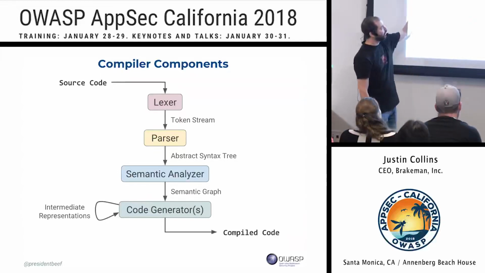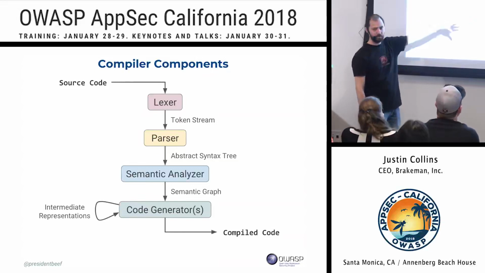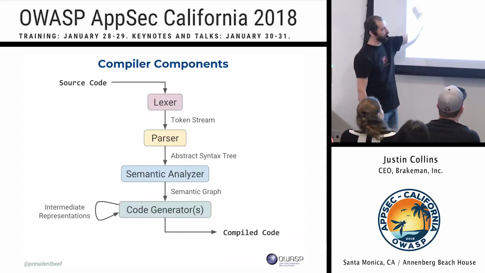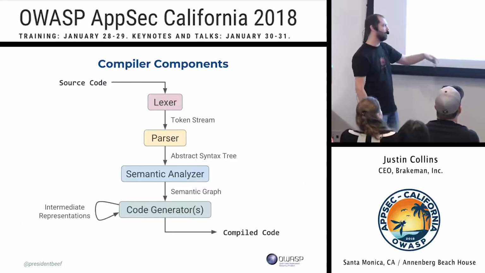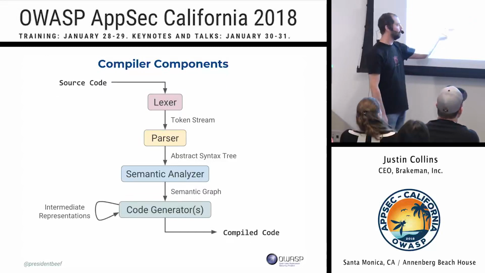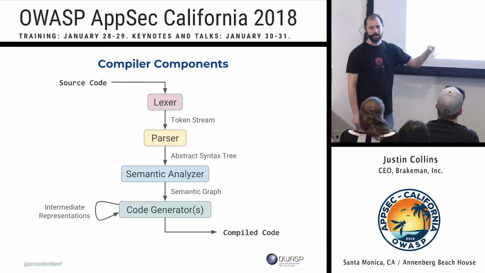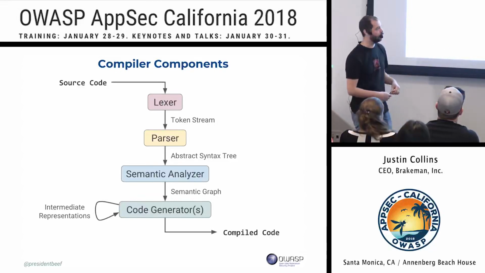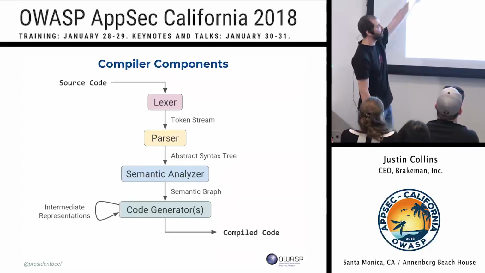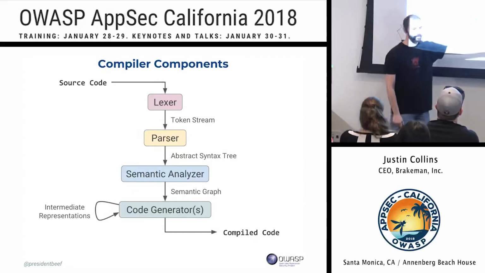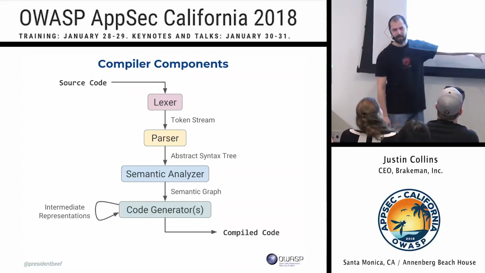And at that point, you take it in, you turn it into a stream of tokens, then that gets turned into an abstract syntax tree, then you kind of turn it into another tree, but it has more semantic information. Then that gets run through a bunch of iterations of intermediate representations, and then at the end you have compiled code, either binary or some kind of source code that gets interpreted. So I just want to point out that at the top we have text, and at the bottom we have text or binary that comes out.